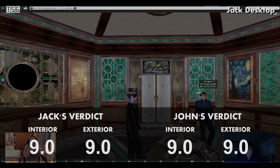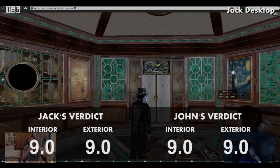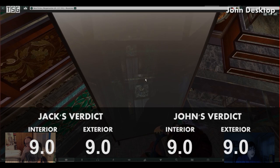For the interior though, well, yeah, 9. There's not much else you can have. I can't really give it a 10 out of 10 because certain things don't match. For example, this mirror, I wouldn't have made it this shiny. I feel like it's just a bit over the top. Well, actually, hang on, that's the idea of a mirror. No, I meant that the reflection idea could have gone a bit...